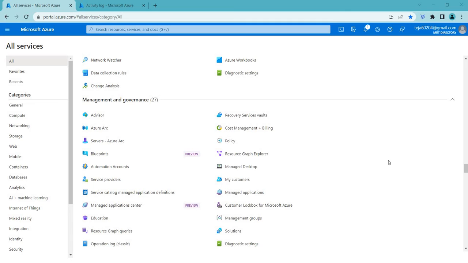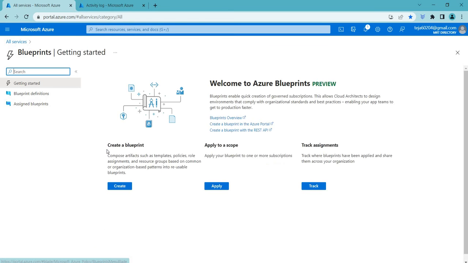Everyone, welcome back. So today we'll be talking about blueprints, which is under management and governance. So click that. Basically, a blueprint in Azure is a declarative way to define and orchestrate the deployment of a set of Azure resources. It allows you to specify the configuration of resources, policies and roles that are required for a specific workload